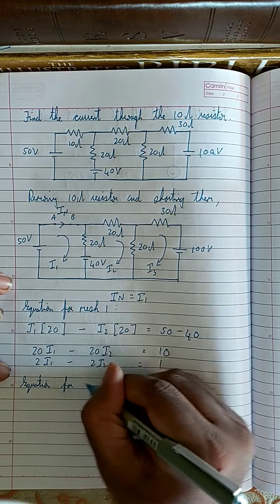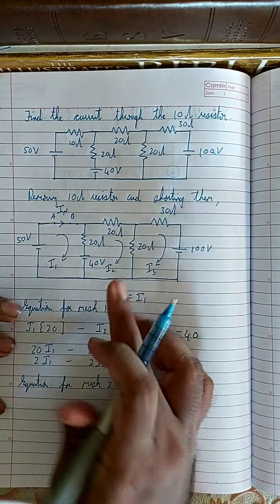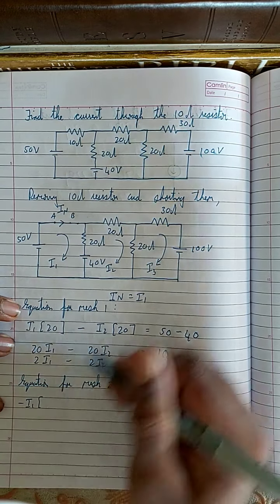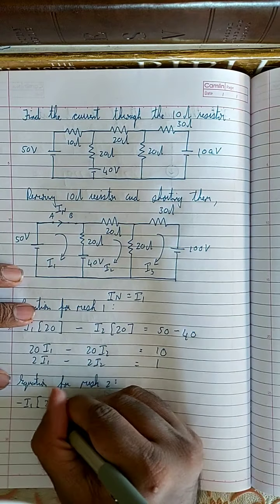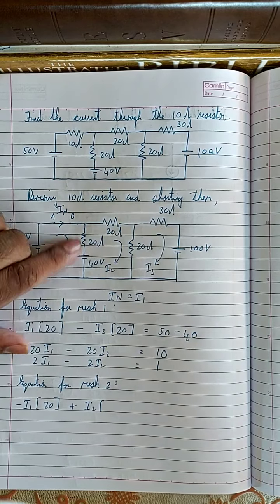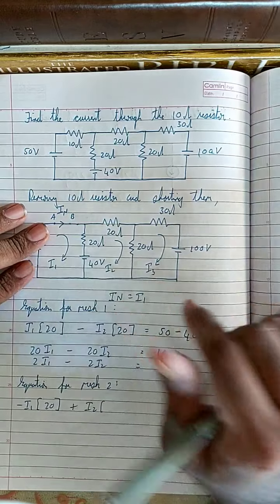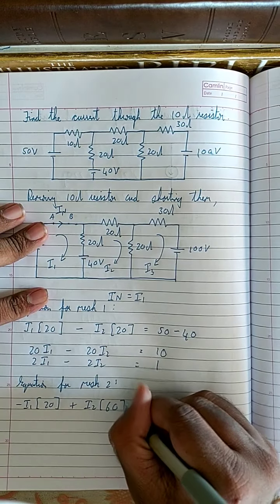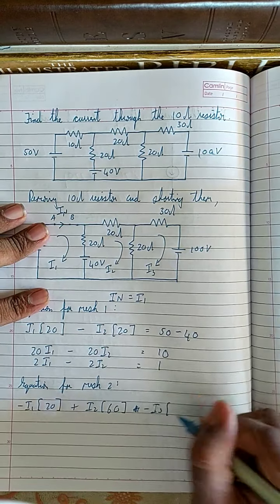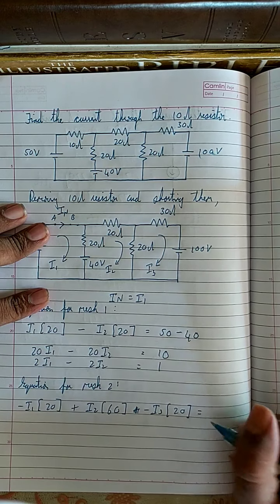Equation for mesh 2, and here I2 is positive and I1 and I3 are negative, so this is minus I1 into, and I1 is touching only this resistor, so it is 20, plus I2 into, and I2 is touching this 20 and this 20, right? It's touching all these three resistors, so that means 20 plus 20 plus 20 is 60. So I2 into 60 plus, no, not plus, it's minus, right? Minus I3 into, and I3 is touching only this resistor, that is 20, is equal to